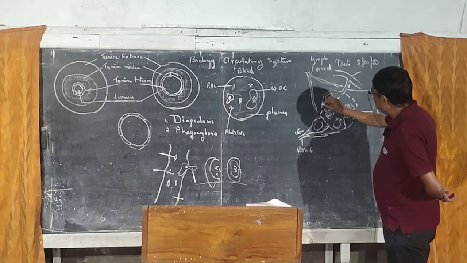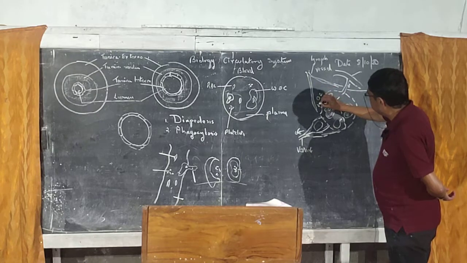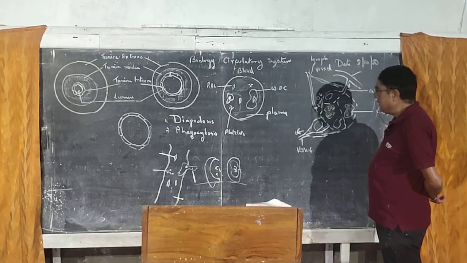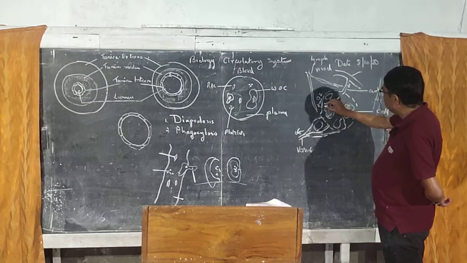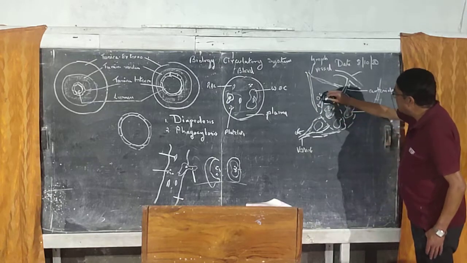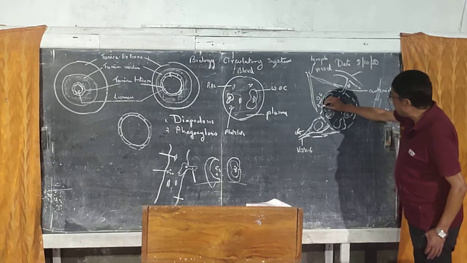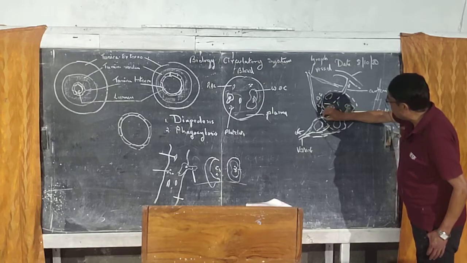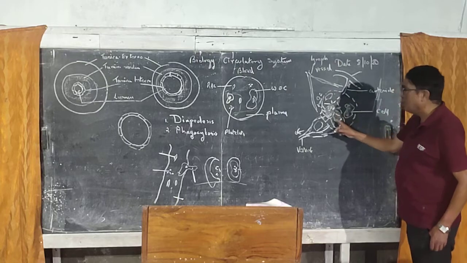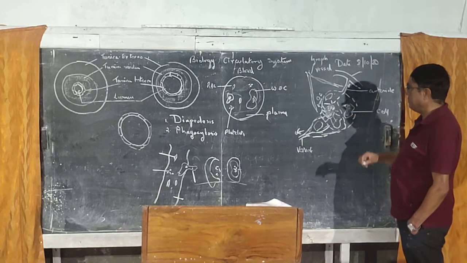Now the blood flowing through the capillaries has oxygen and food materials, which have to enter into the cells. But there is no medium for their transportation. So in this case, a part of the blood flows out from the capillaries and fills up the space between the cells. This fluid is called lymph or intercellular fluid.